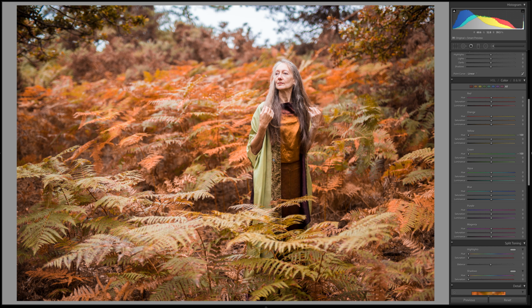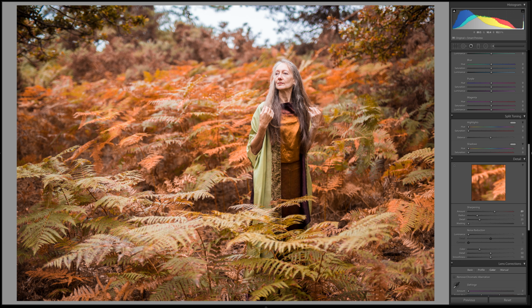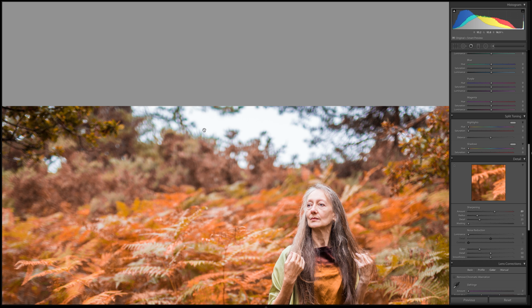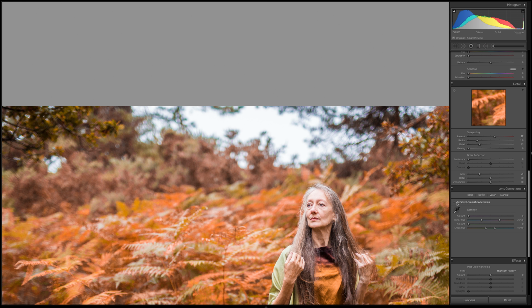I'm going to sharpen the image because I want, again, the detail in the skin and the hair to pop out. So I'm going to push the sharpness considerably. And the last thing I'm going to do is take care of some of these chromatic aberrations that we've got here. So you can see where the sky meets the edge of the trees here. We've got some artifacts. So I'm going to go down to the lens correction panel, switch on remove chromatic aberration,